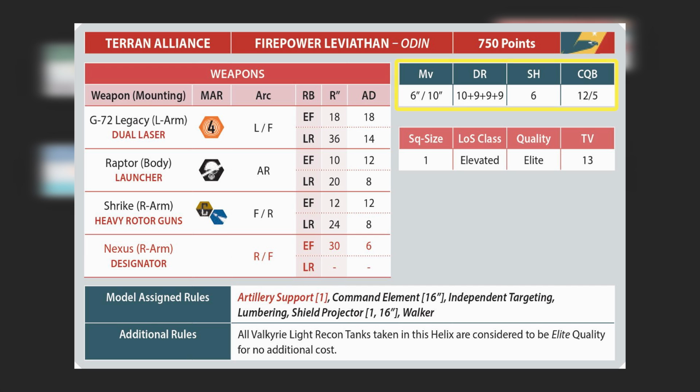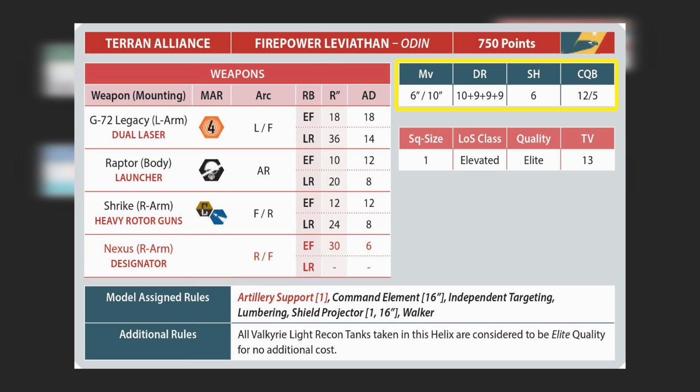First of all we have MV, which stands for movement. Here you'll see two numbers separated by a slash. The first number is the cruise move for this model, basically its normal move. And the second number is the flat out move. Next to that we have DR, which stands for damage rating. Here you'll see some numbers separated by pluses, or sometimes a single number. Now this isn't a maths equation that you have to solve. This is actually the number of damage points that the model has before it's destroyed. So for the Leviathan you can see 10 plus 9 plus 9 plus 9, which means it has 4 damage